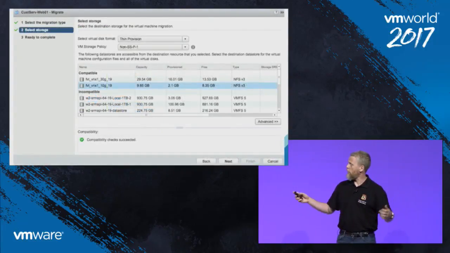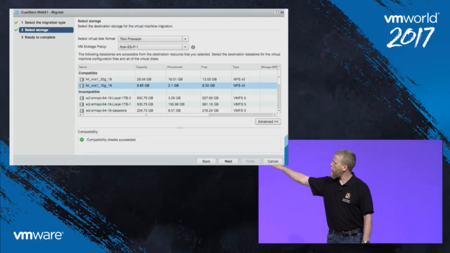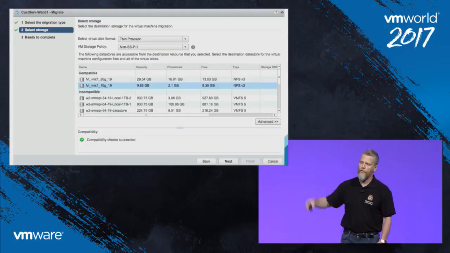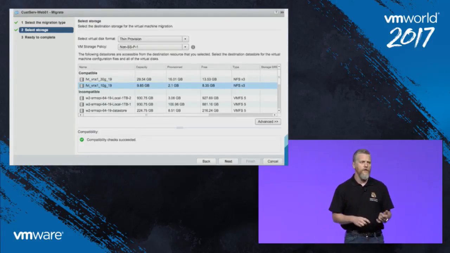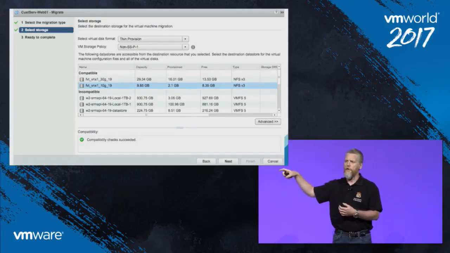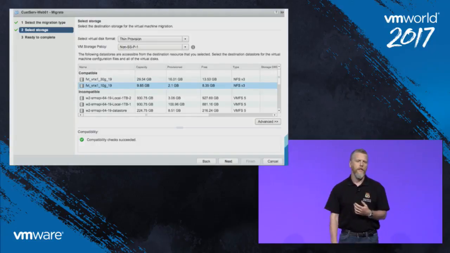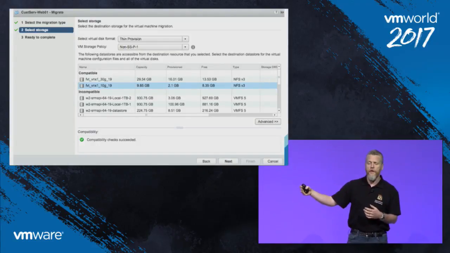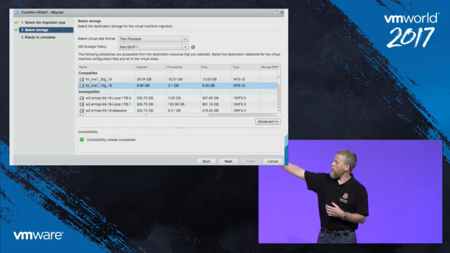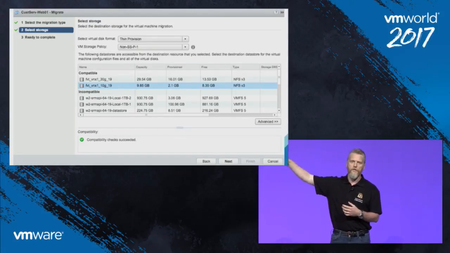I've got a nice little graphic of this. If you look up at the top here, you may or may not be familiar with it, but that second text box up at the top shows our VM storage policy. And so when you migrate or create a VM, you'll see that storage policy. And if you're not using storage policies, you probably have just never looked at it and just kept moving along. But if you're using something like vSAN, or if you've started experimenting with storage policies, you've seen that. And when you select a storage policy, it then changes the window below to show you what's compatible with it